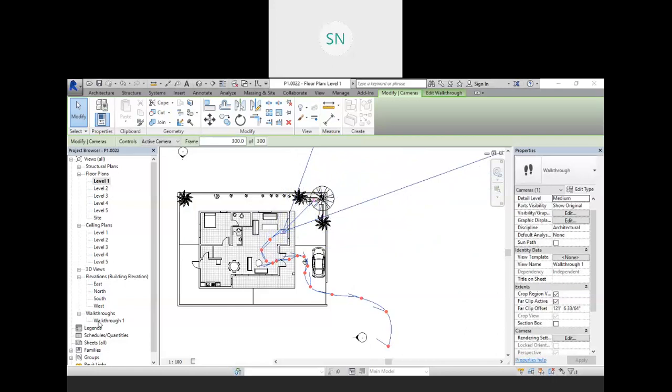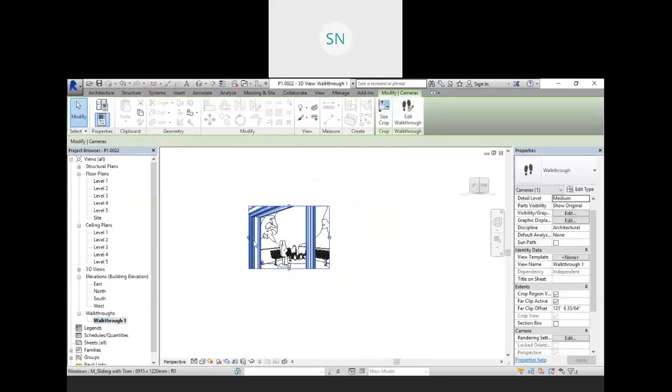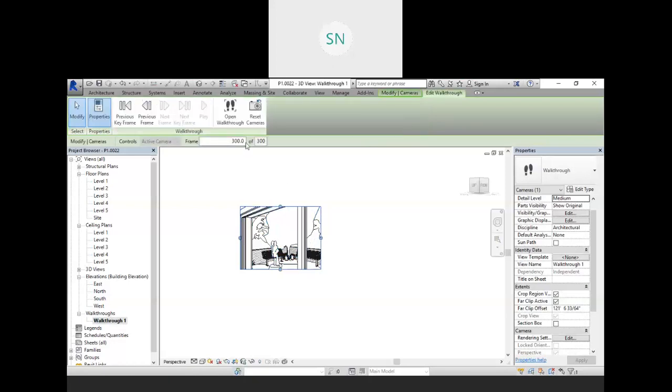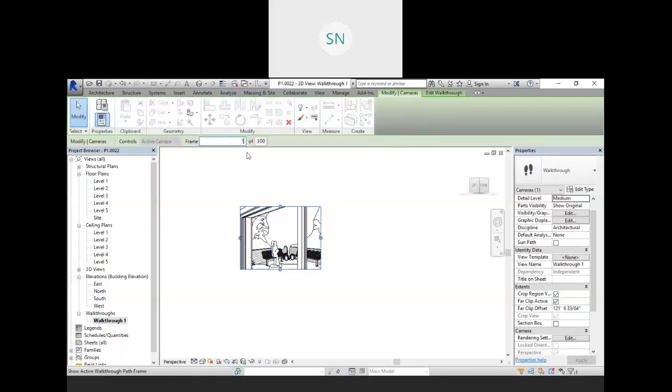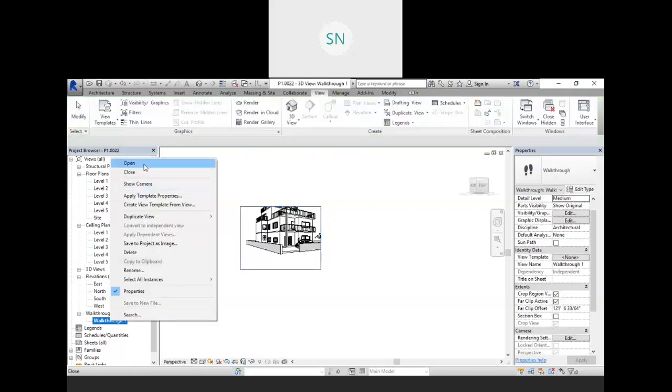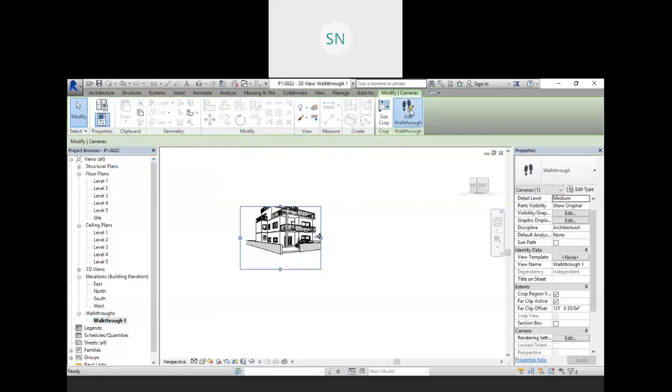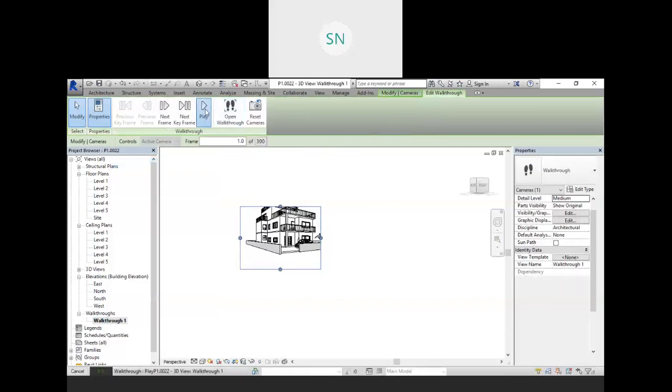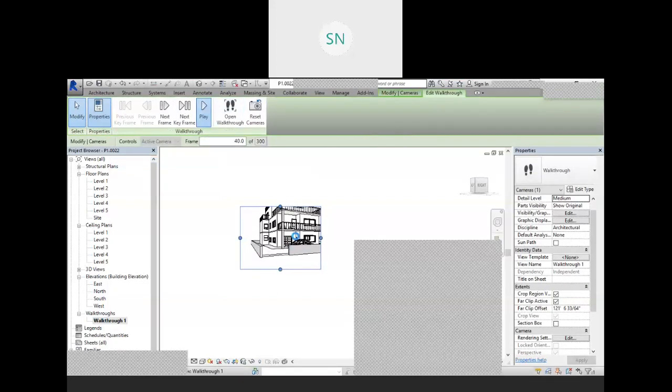Now go to the walkthrough and click on Edit Walkthrough. Set your camera frame on 1, right click and click Open Edit Walkthrough and click on play. So see, our eyes are in front of that model right now.